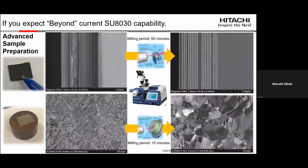Another example is if you expect that it's a tool site, a preparation tool site. Have you ever seen this kind of situation in the slides? We tried to cleave the sample to see the multi-layer structure. But the cleaving surface is not smooth, so it is very difficult to see the structure in detail or thickness